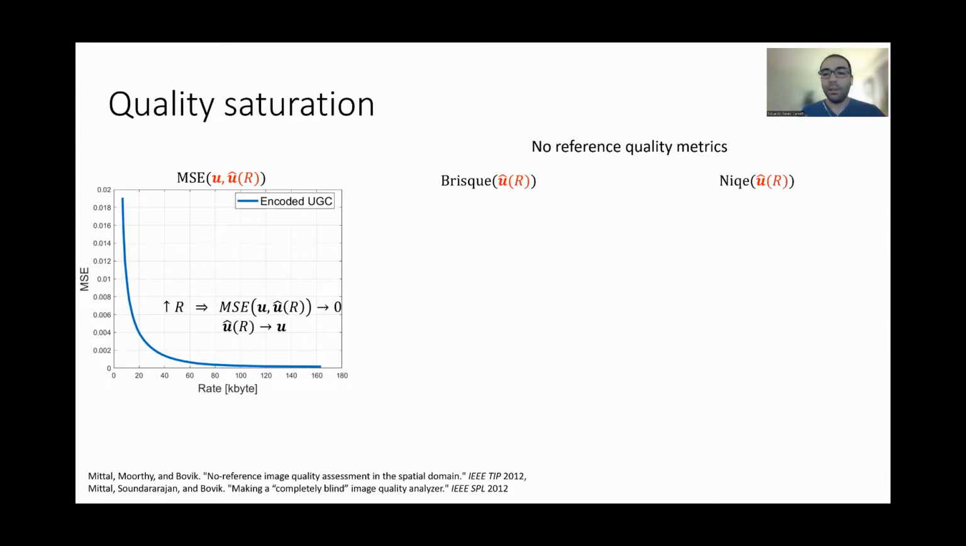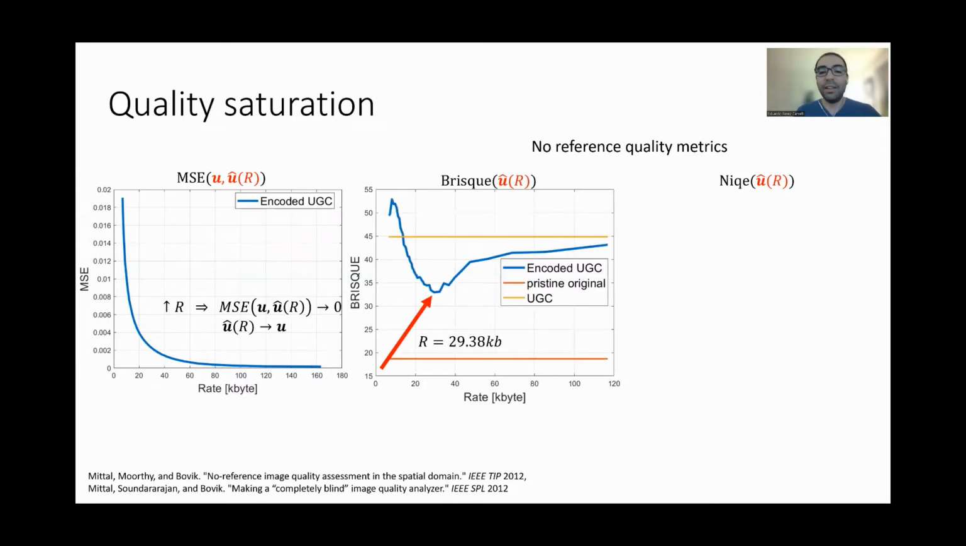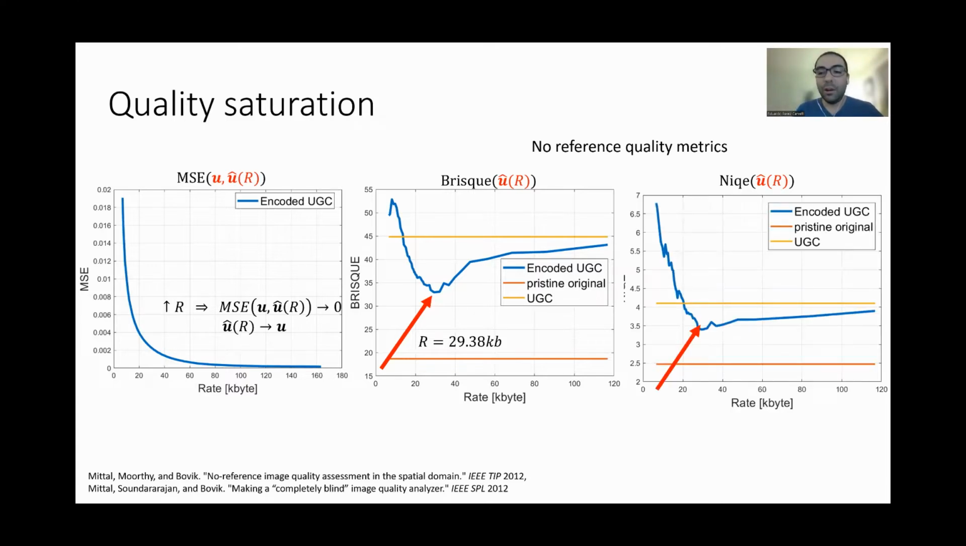converges to U. Now, if we look at the encoded UGC using non-reference perceptual quality metrics, we observe a different phenomenon, which is that at the beginning, at low bit rate, as we increase the bit rate, the quality improves, which is shown here by a decrease in risk. And then after around 29 kilobytes, if we keep increasing the bit rate, the quality gets worse. This phenomenon is also observed for other quality metrics. And basically what happens is that there are no perceptual quality improvements for rates beyond 29 kilobytes, at least for this